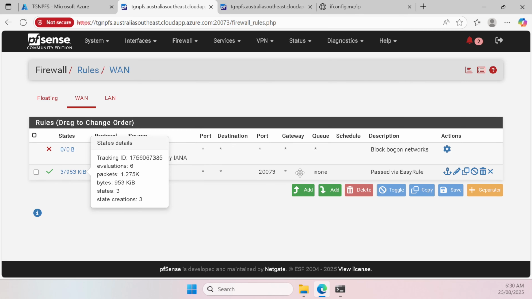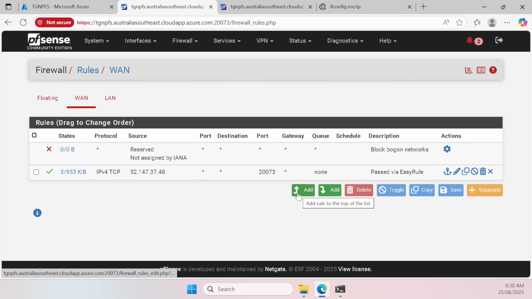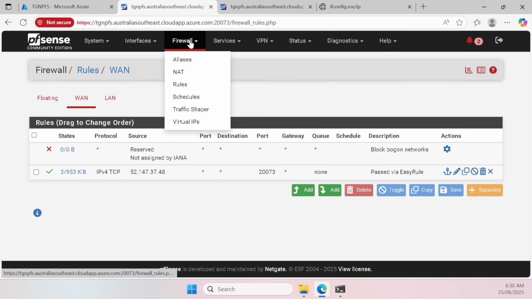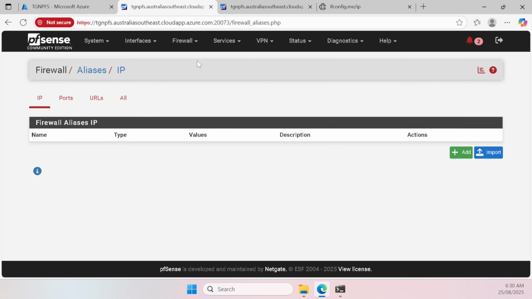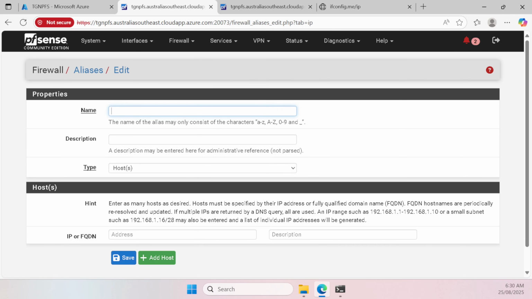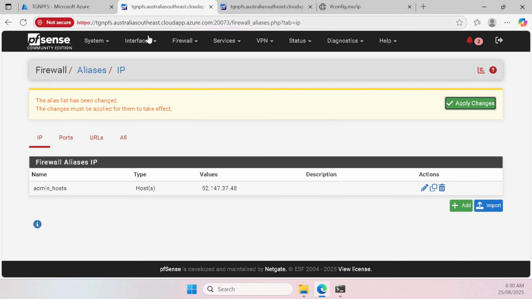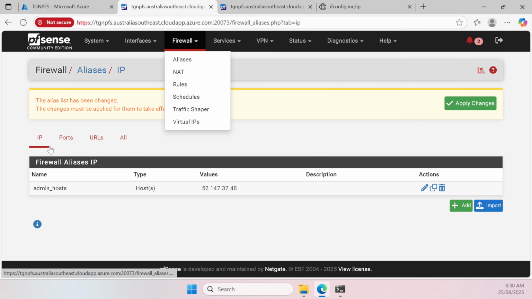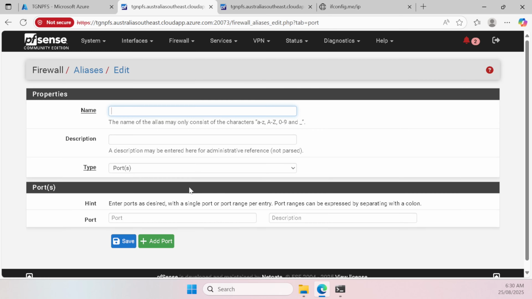So we've got this easy rule, but so that we don't do that again, let's make a few changes to our rule set for the WAN interface, to give ourselves nice explicit admin access from known hosts. So what we want to do is create an alias and add an IP alias, and we just call this admin hosts, and we could give it a descriptive name and just save that. Then we want to go into ports aliases and go add, and we call this admin ports, and